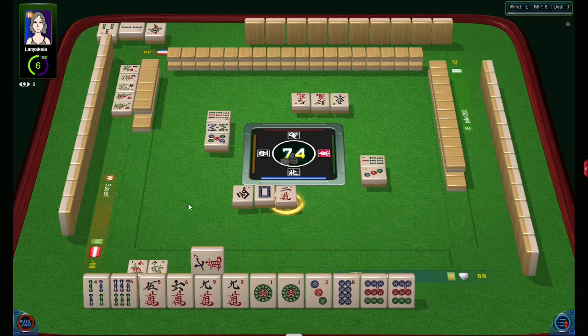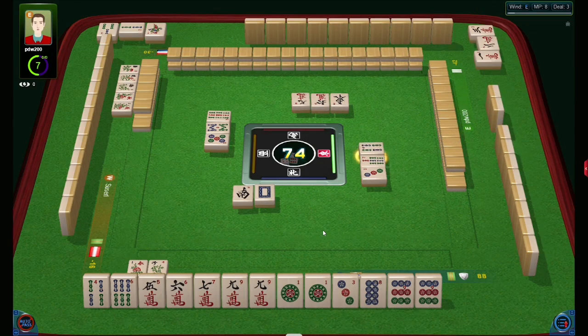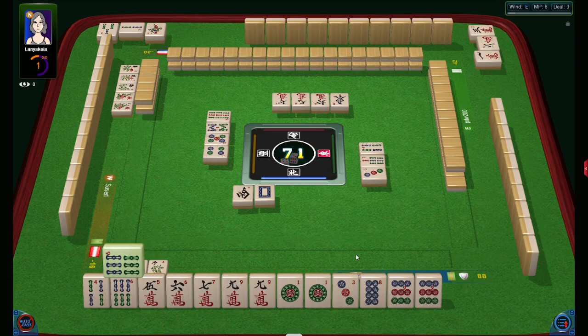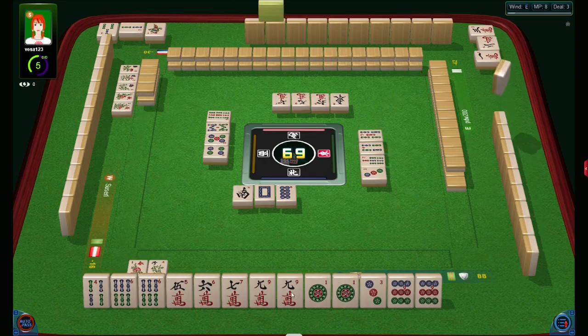Okay. 2 is isolated. I don't want to hold it. 4, 5, 6. This could be 1, 2, 3 dots. Take pairs. Okay. 1, 2, 3 dots. 4, 5, 6 bams. 7, 8, 9 cracks. But as long as I collected 4 pairs...